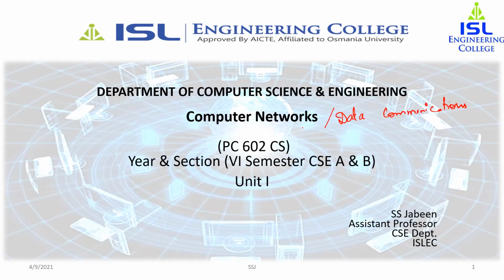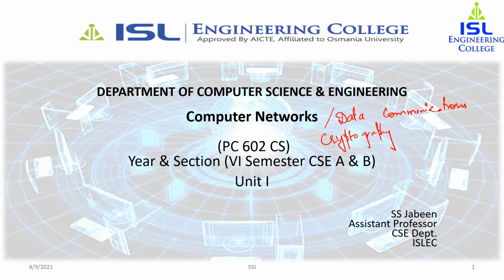So in computer networks, we will see the basics of data communication. That is, the first unit is actually the basics of data communication. Then the next three units are computer networks. Actually, next three and a half units, that is second, third, fourth, along with fifth unit, first part. And the last part of fifth unit is an introduction to cryptography. So this is the division of your subject.